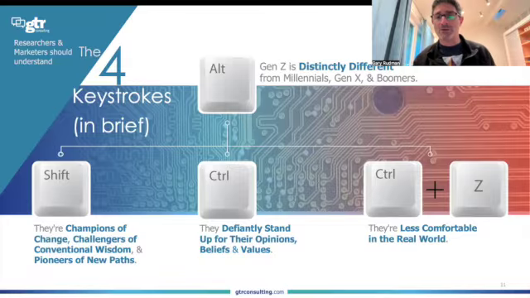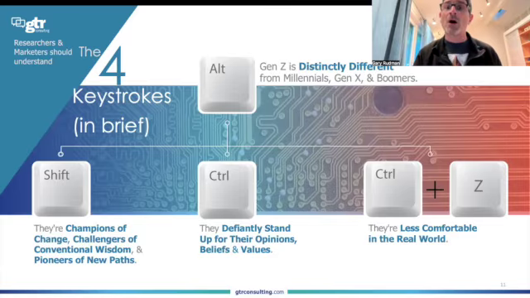And finally, we'll talk about Control Z or undo, which is the whole idea is they're accustomed to being online and having that ability to sort of vet and change and cater their image out to the outside world. Of course, they still make mistakes, but there's a lot more control in there. Yet when they get into the real world, there's this whole discomfort. We just wrote an article recently about talkwardness, the idea that they just have this general uncomfortable, awkward feeling being in the real world and having to talk to people in person versus over a device.